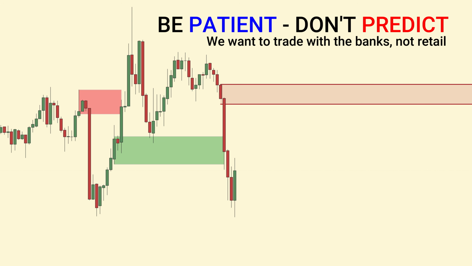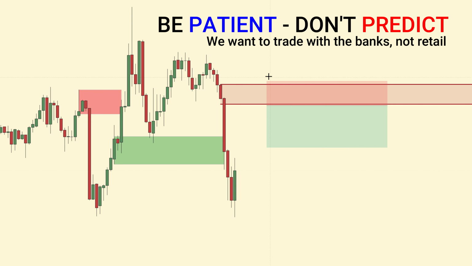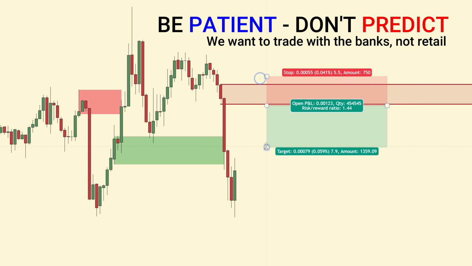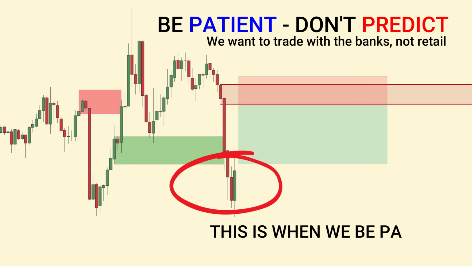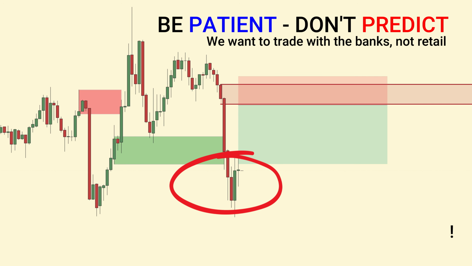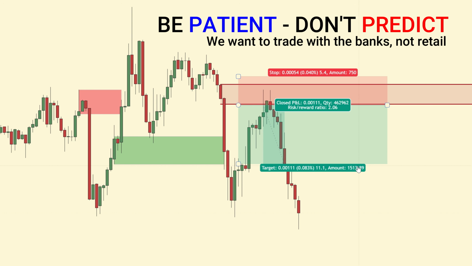So they showed their hand there, and now we don't predict it. We simply place our limit order at the zone. I'll get into stop losses and take profit later, but we simply let them show their hand, right? And then we are patient. Patience pays, guys. If the zone doesn't get filled, then we have to move on. But the zone was filled here, and our take profit was hit pretty easily. Again, I'll get into trade management in later episodes, but this is the core concept of supply and